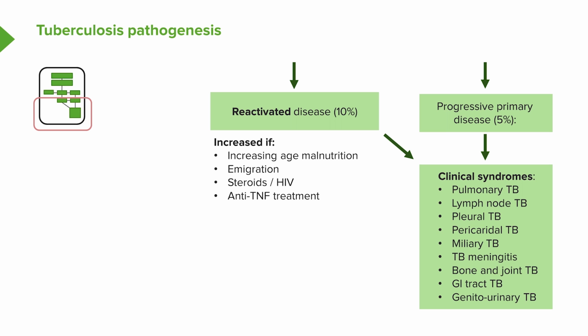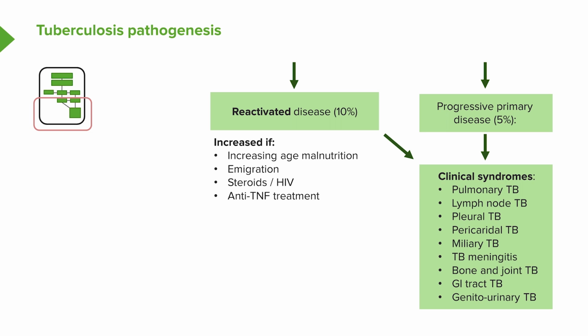And that reactivation is more likely to occur when immune surveillance is weakened against the bacteria. So as you get older, your immune response becomes weaker. If you are malnourished, then your immune response also becomes weaker, and that may allow the bacteria to reactivate. And there are drugs that we can give people that may allow the reactivation as well. Corticosteroids and anti-tumor necrosis factor treatment, specifically, make you much more likely to reactivate latent tuberculosis. And infection with HIV is a very important reason why people may get reactivated disease, and is associated with quite a high proportion of cases of tuberculosis across the globe.